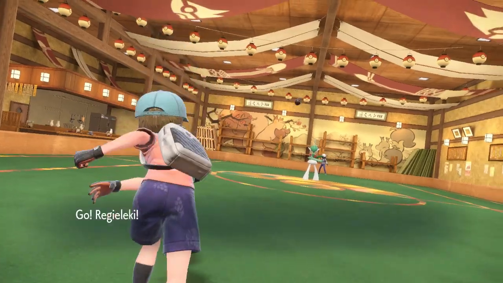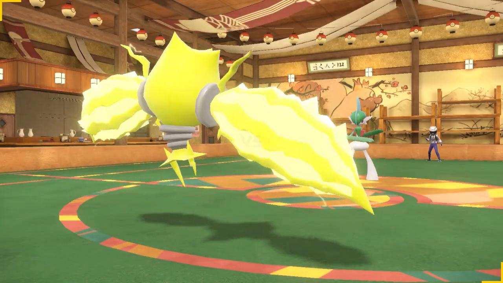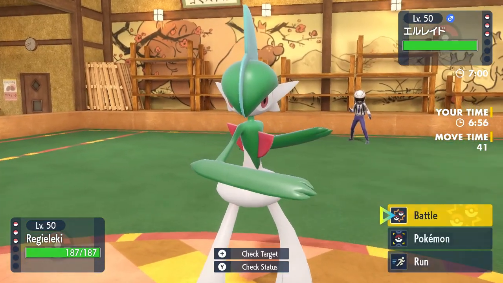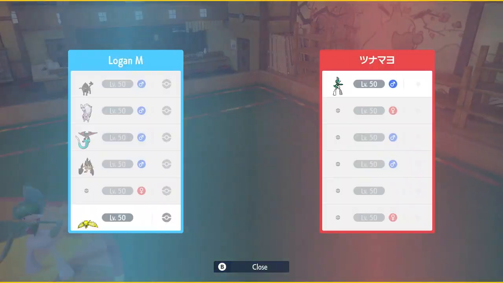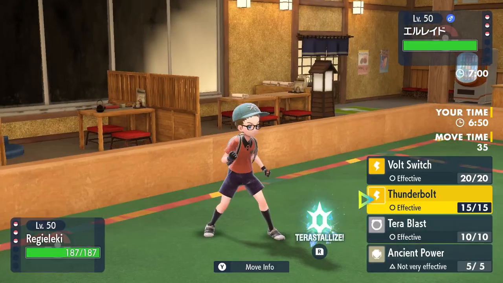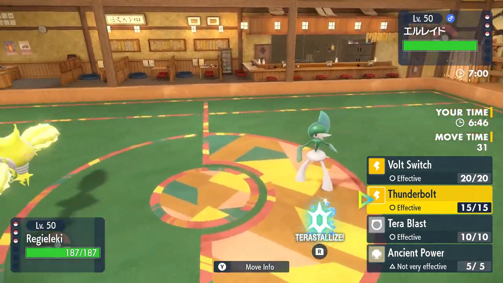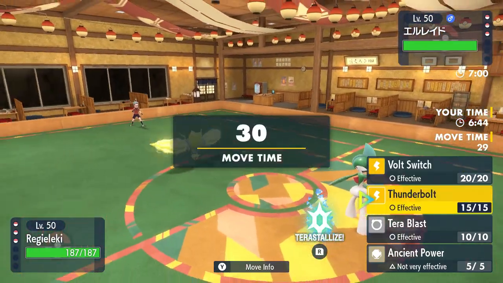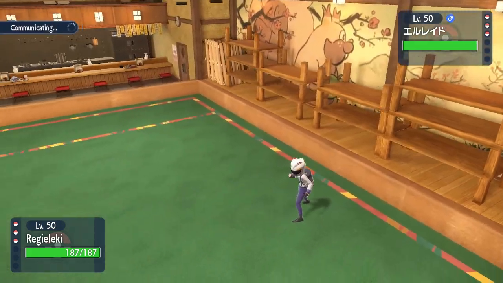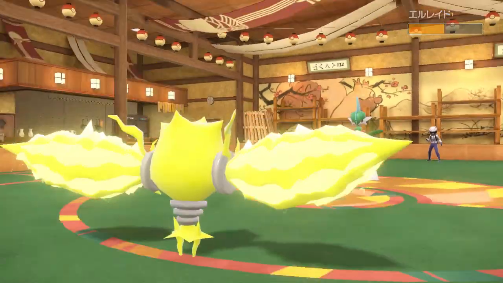Okay, so you lead Gallade against Regieleki. Fantastic. Let's go. So we can easily go for a Volt Switch? That's not too bad here. We can also maybe go for a Thunderbolt. That'll do tons of damage. I'm okay with that. We'll Volt Switch, go into Cresselia, and what that will allow me to do is